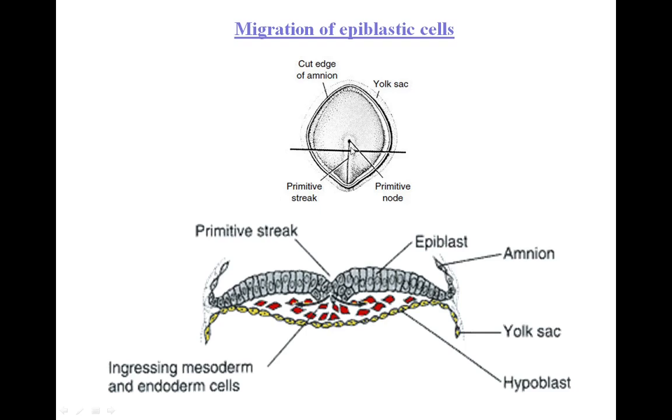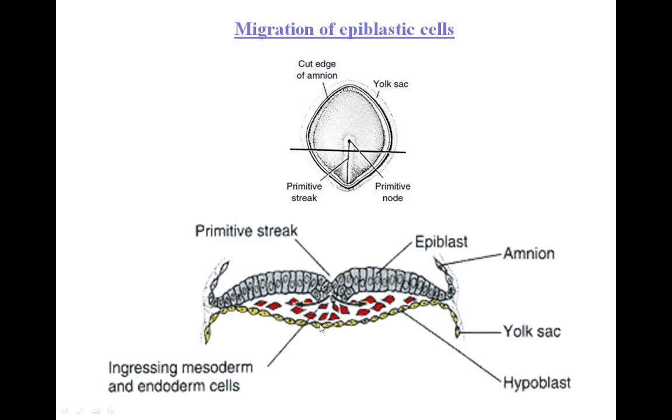Now when this primitive groove and primitive streak are formed, some epiblastic cells migrate towards the groove present in the primitive streak, and they also pass through the primitive node. If we cut it in this layer, you can see the epiblast. Some cells of the epiblast pass between the epiblast and the hypoblast, and they will form the mesodermal germ layer. Some of these cells will replace the hypoblast cells. The hypoblast cells gradually disappear, and their place will be taken by these ingressing epiblast cells,